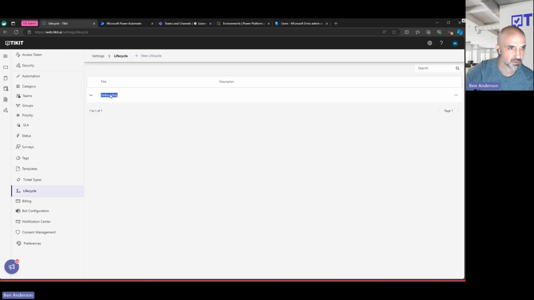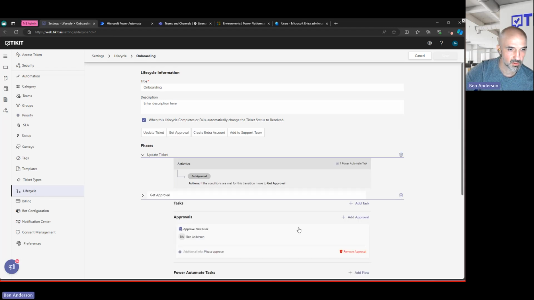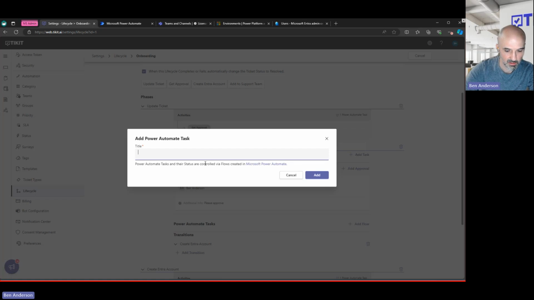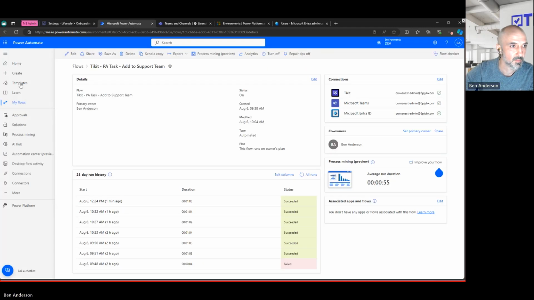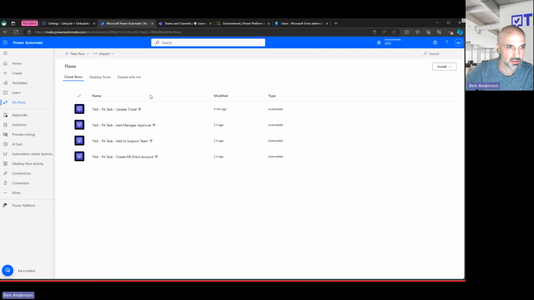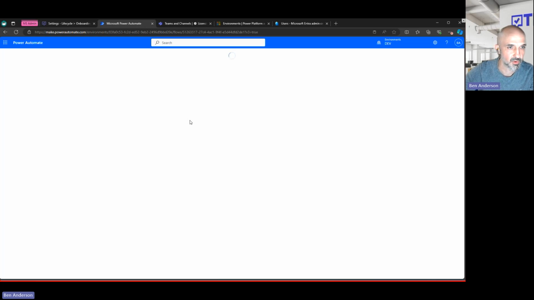We'll go into that life cycle, get approval, add a Power Automate task. I think add manager approval. Add. So that easy, just to add the Power Automate task there within the lifecycle phase, and then we can go back to Power Automate. If you hadn't created it already, we could create one from scratch, but again, I just did this ahead of time and created another flow